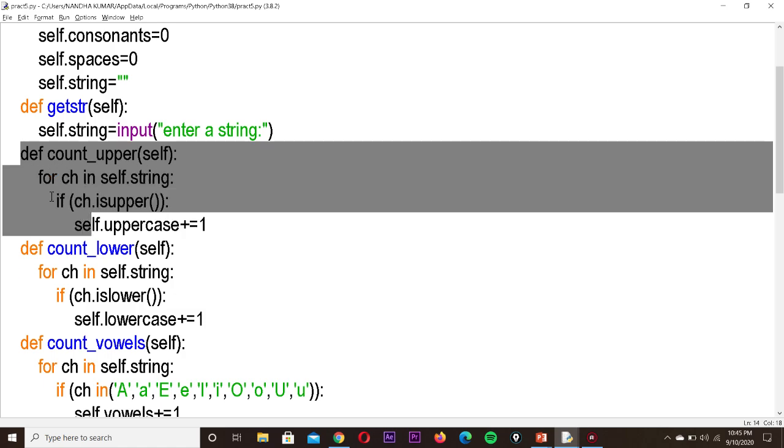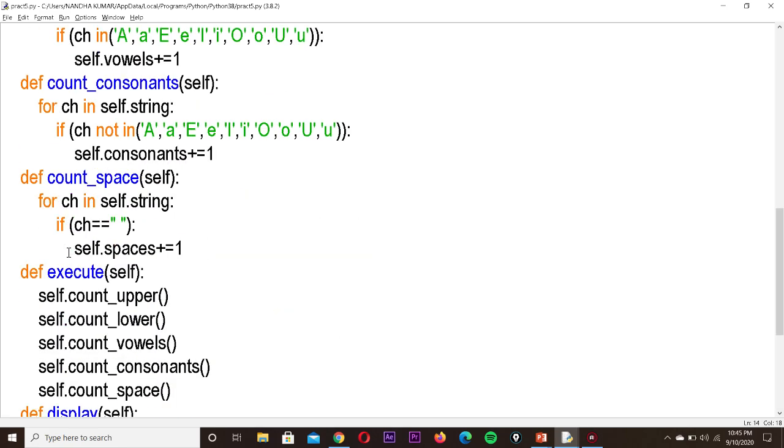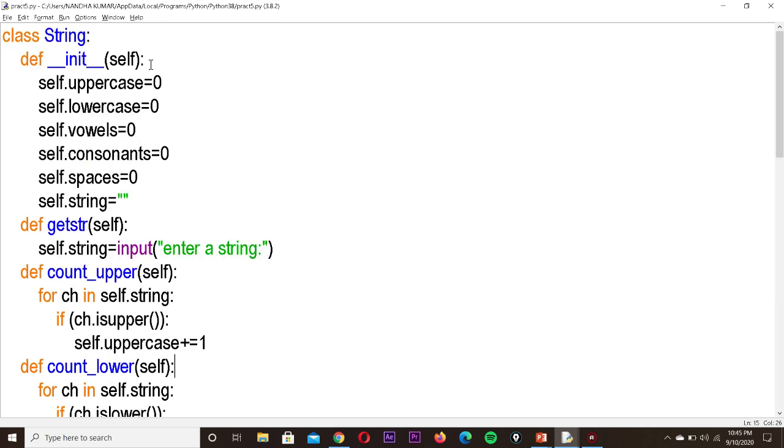After def it has a for statement, so it comes inside, and inside that only we have an if statement, again one more indenting. That if statement has one more statement, self dot uppercase, so again one more indenting. The same thing is followed for all the other functions. So indenting is very important. If you make any indenting mistakes, it won't show output, it will show the error. And a colon must be used for class and all the def functions, and similarly for the for statement and if statement.